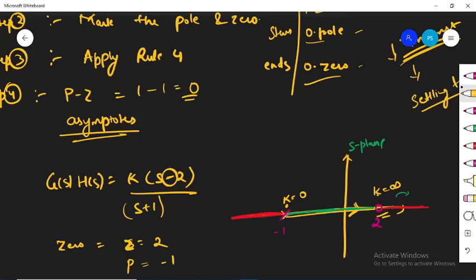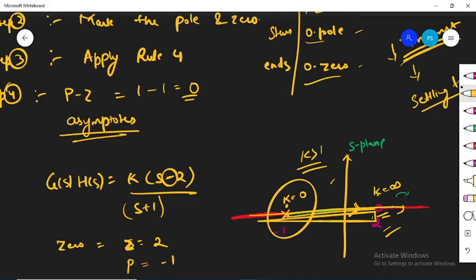Here you can see just the opposite has occurred. The system was stable over here at k equal to 0, but as you increase the value of k, the pole's location moves towards the right hand side, hence the open loop pole is moving from this position and going to this position, okay. So as you increase the value of k, here the system is becoming more unstable. So it's very important. It's not like you add a 0 and the system becomes more and more stable. It's important to look at where this open loop 0 is being placed.